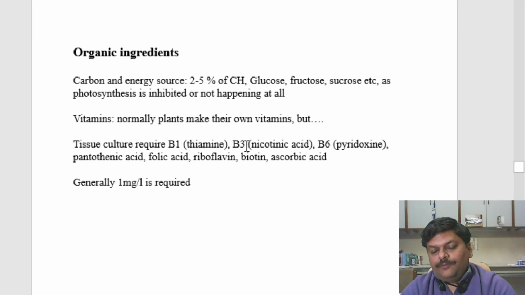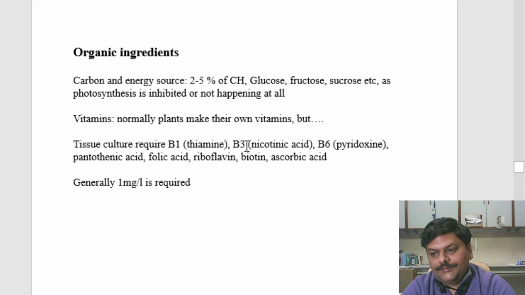Like humans, plants also need vitamins. Since in tissue culture they will not be doing photosynthesis and are not producing their own vitamins, initially we need to provide vitamins in the growth media. Like animals, plants also need the same types of vitamins, for example vitamin A, different vitamin B, and vitamin C. So in defined media we provide a defined concentration of vitamins, also vitamin B1, B3, and